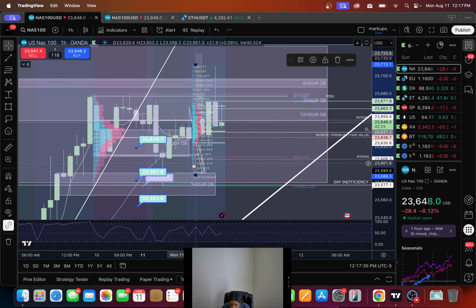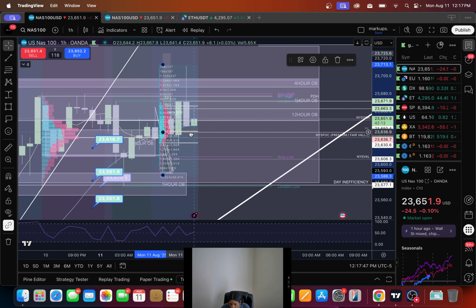extend it right, it will update this volume profile in real time. So it will follow price. And so that's what I did. By doing so, I was able to see that the point of control on this 30-minute was moving upwards. So again, it gave me more confluence that price would potentially be bullish today,